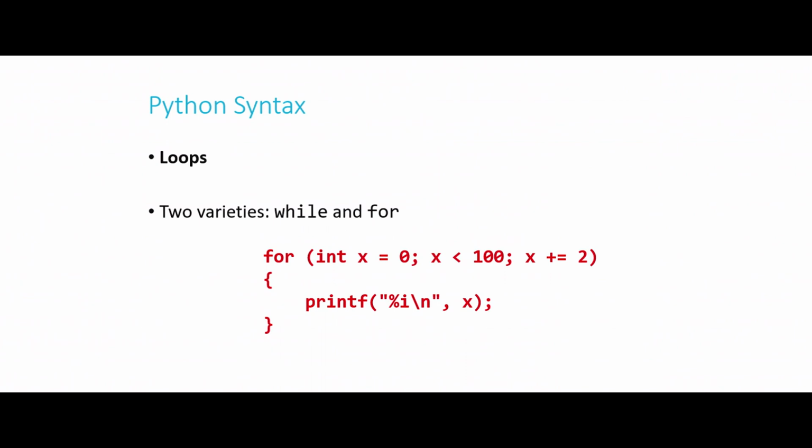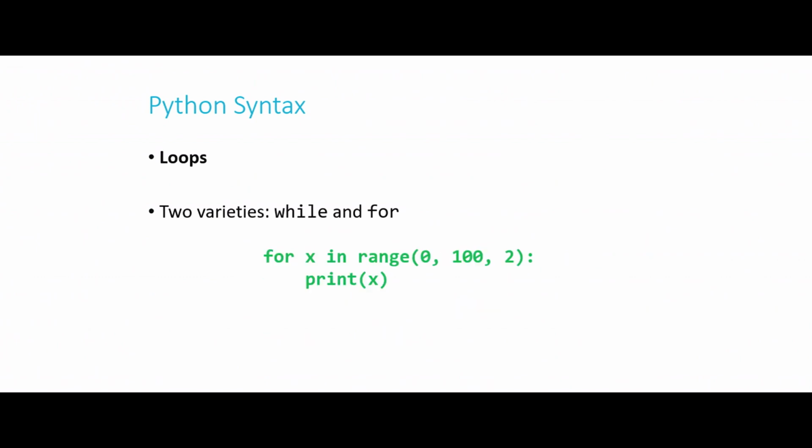In a for loop where we wanted to count by 2s, we might do something like this. In Python, we can also do that. We just have to add 1 extra parameter to our range function. We set a start point, we set the end point, and we set how much we want to skip by. So this is a list of all of the integers from 0 up to 100, but not counting 100, counting by 2s. So this would generate a list for us of 0, 2, 4, 6, 8, and so on all the way up to 98.